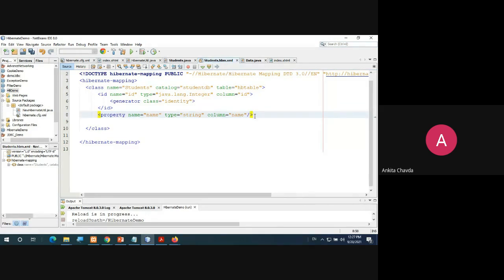So the property tag is over here. Generator, you don't need to, I mean, end. It would be fine if you want to do it. Okay, so in that way. Okay, then so till this you have finished.